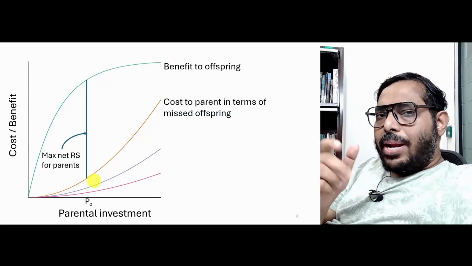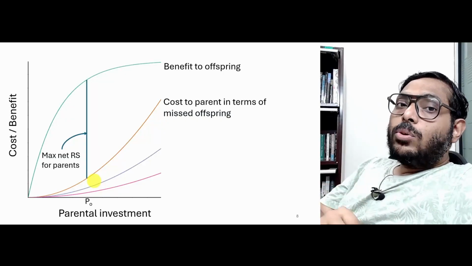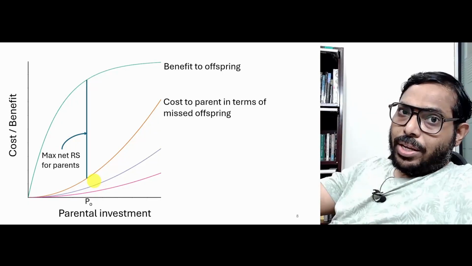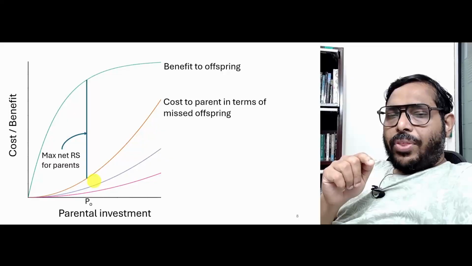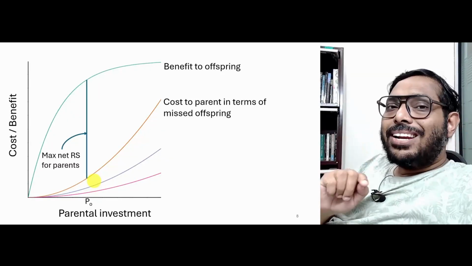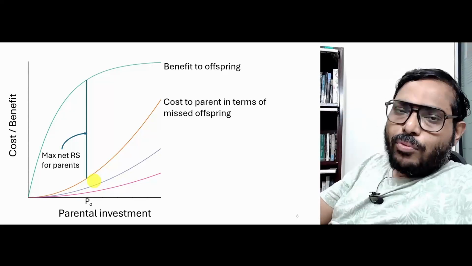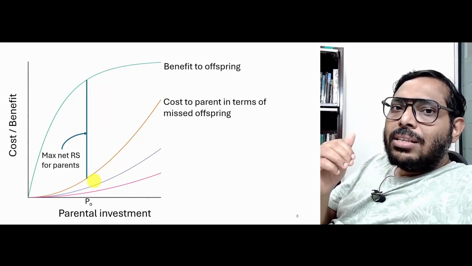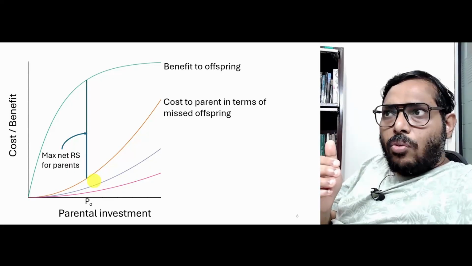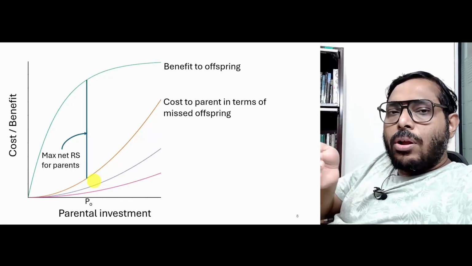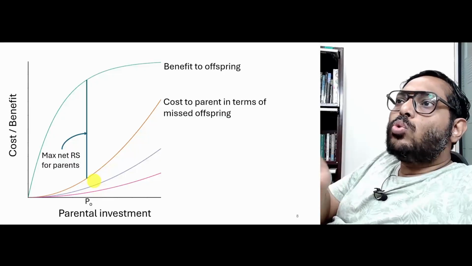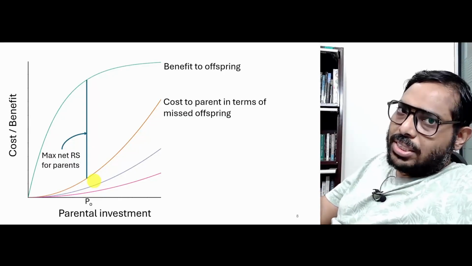Great. So, this is the parent's side of the story. Now, what is happening to the offspring? Remember, the parent is related equally to all the offspring, but when it comes to the offspring, its relatedness to itself is 1, but its relatedness to its siblings, assuming that we are talking about full siblings, is half, 50%, right. So, the offspring would obviously want more and more resource for itself, even if it comes at a cost to its siblings, to its brothers or sisters.